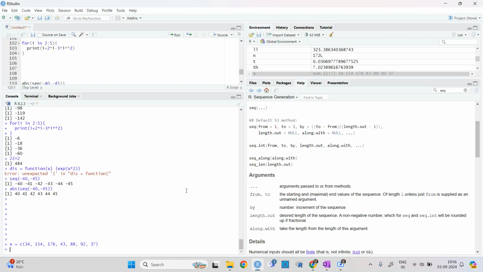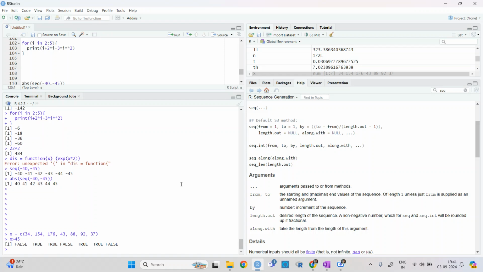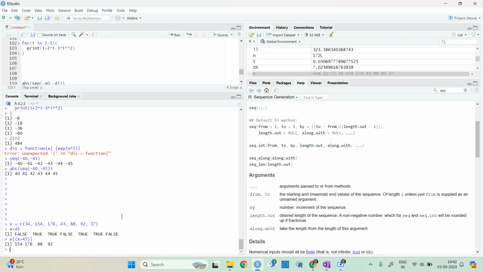Now if I write x greater than 45, it will give me that x is not greater than 45 for 34, it is false. For this it is true, for this it is true, false, true, true, false. If I write x in bracket x greater than 45, then it will give me all the values which are greater than 45.